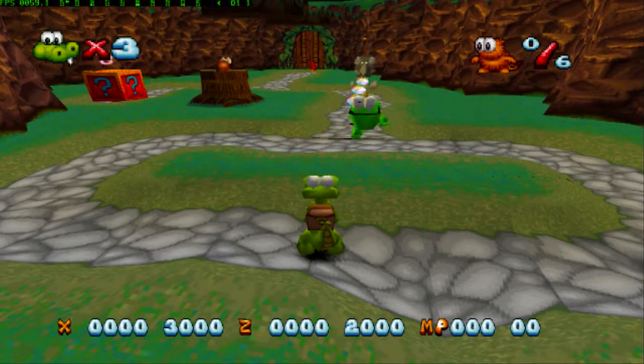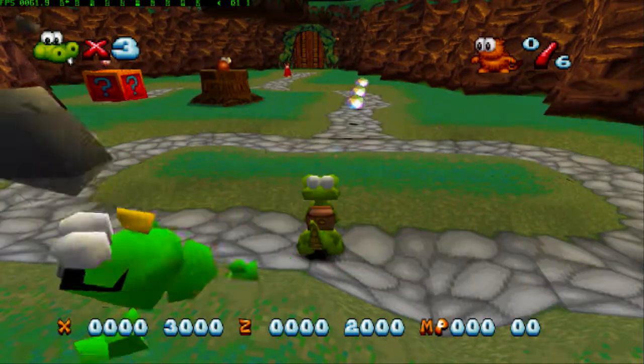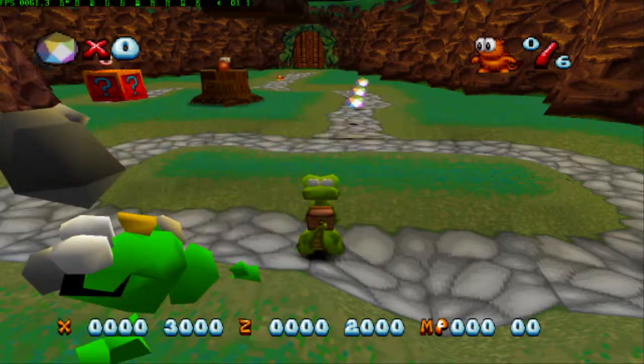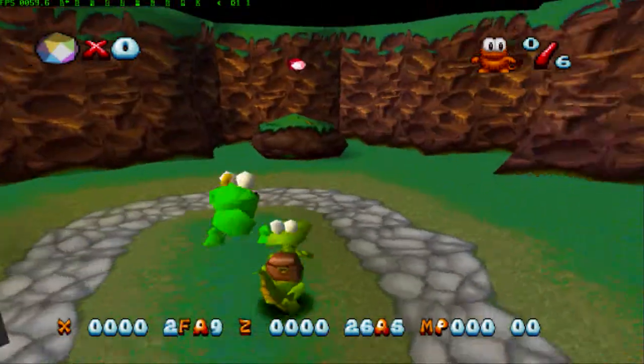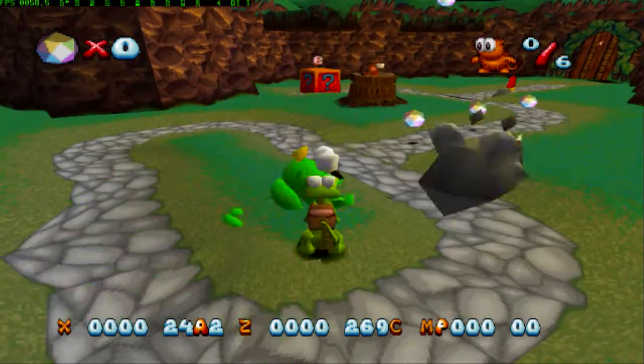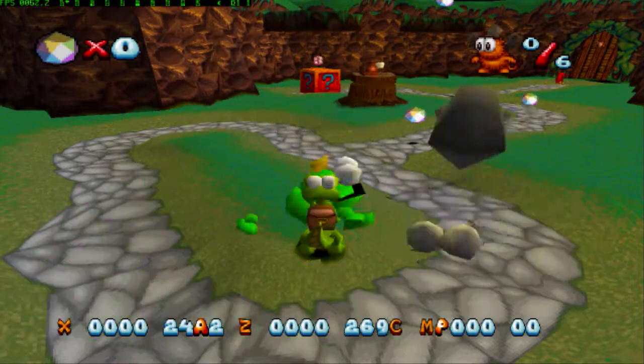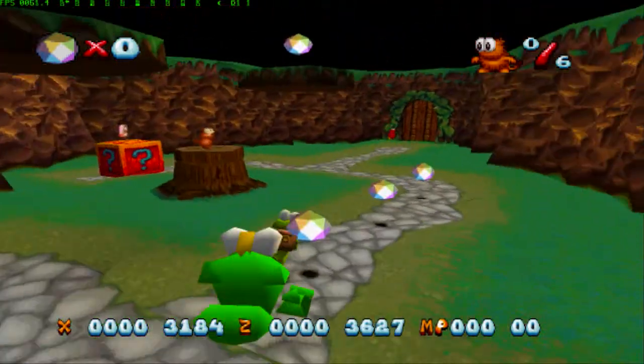Now, what's really strange about this is obviously this is the actual starting level. There isn't any music, but you do have these two things walking around you, or running around you, and you have a frog and a rhino. I don't know what this is for, but